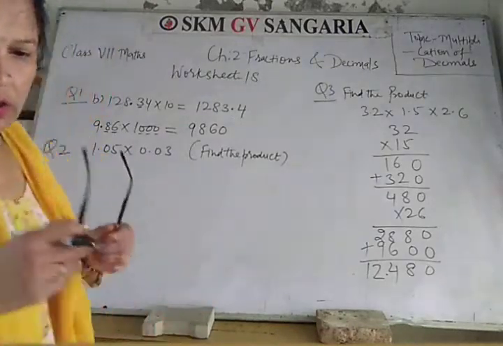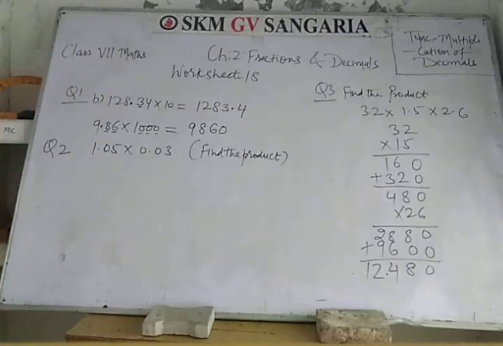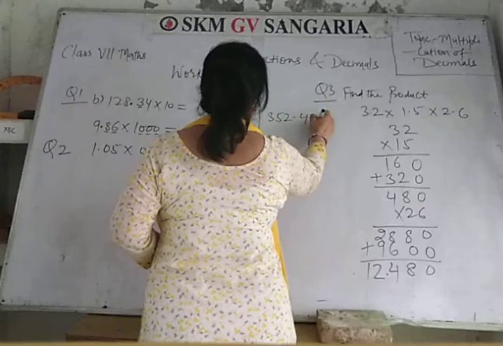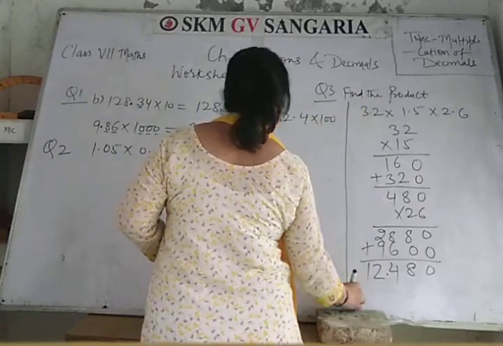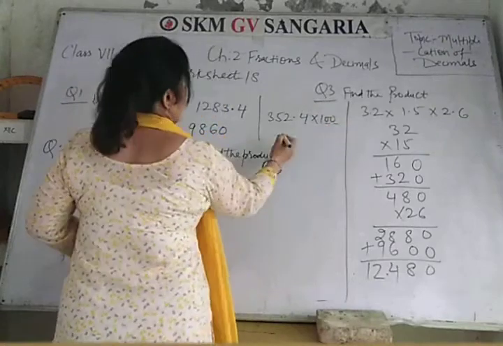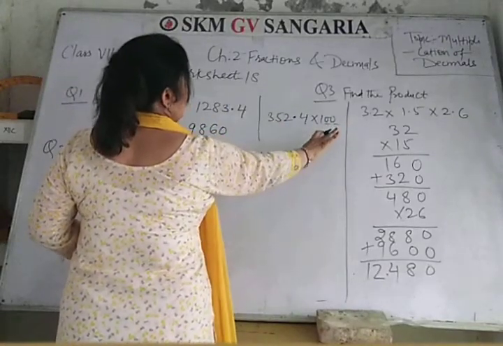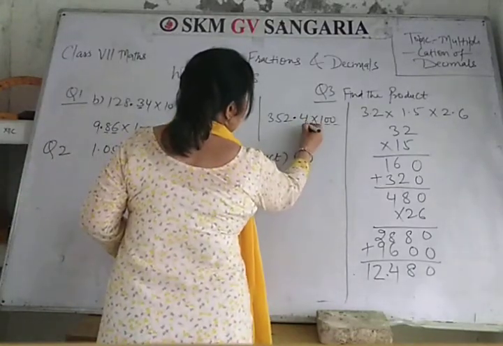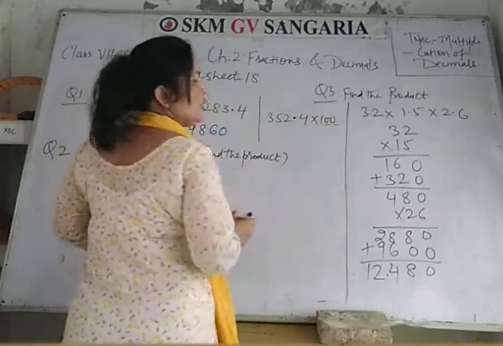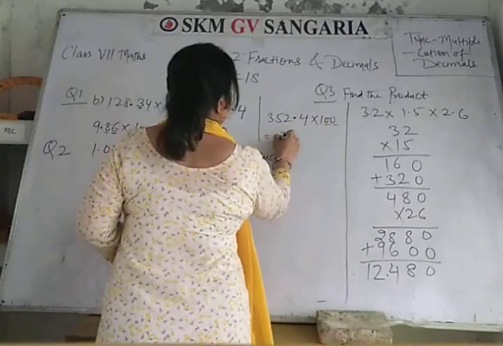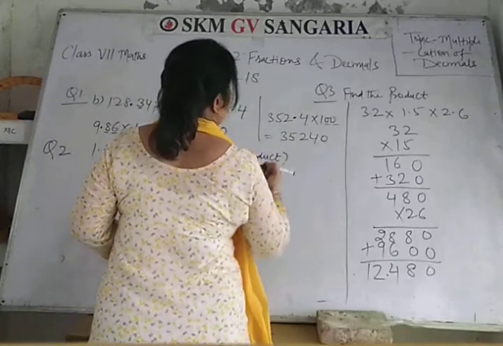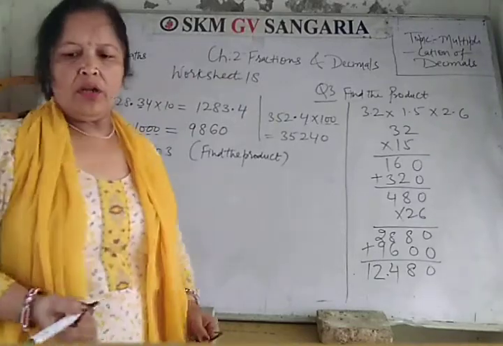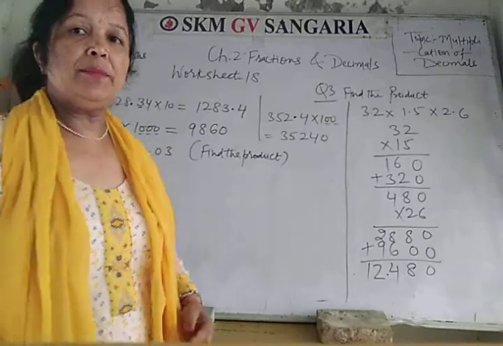we can take one more example of multiplication of a decimal by 100. You can take another example here, 352.4 multiplied by 100. So there are 2 zeros and this decimal will move towards the right side, leaving how many digits? 2 digits. So here after the decimal there is only 1 digit, 4. We will put 1 zero from our side to make 2 digits. So it will become 35,240.